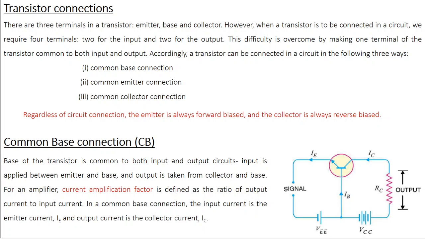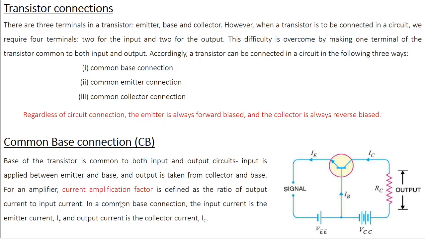The last class we discussed the idea of a transistor being employed as an amplifier. So here the signal is transferred from a low resistance input circuit into a high resistance output circuit. In that process, the strength of the signal increases. Now, what are the different configurations in which you can make a transistor work as an amplifier?